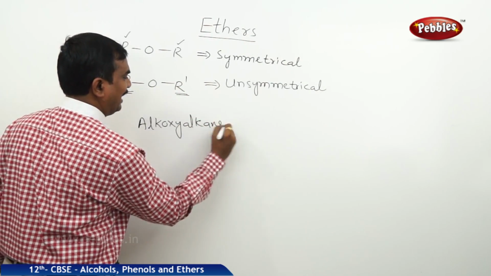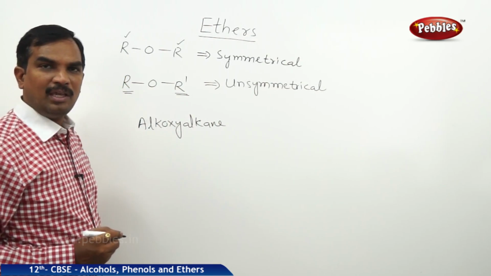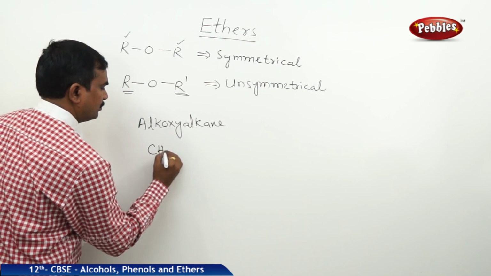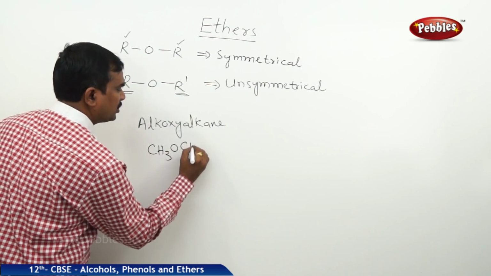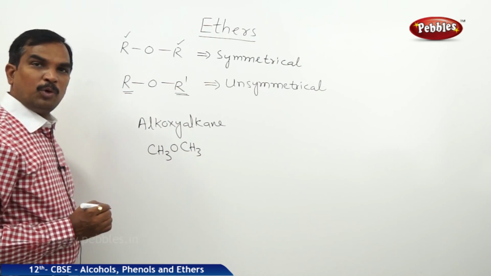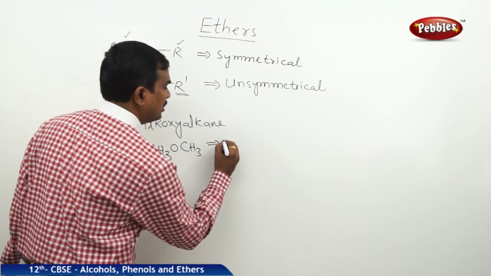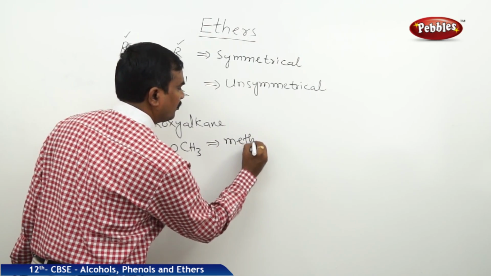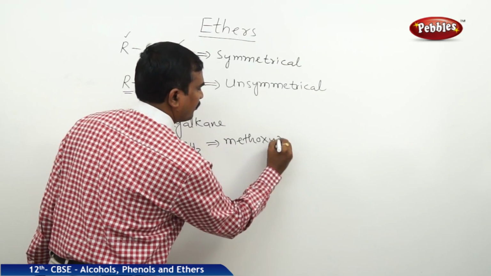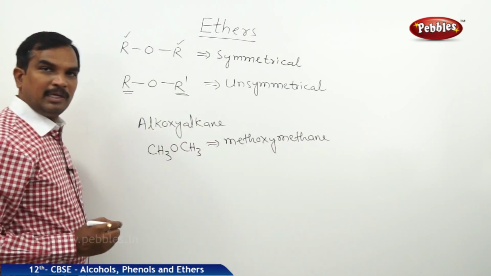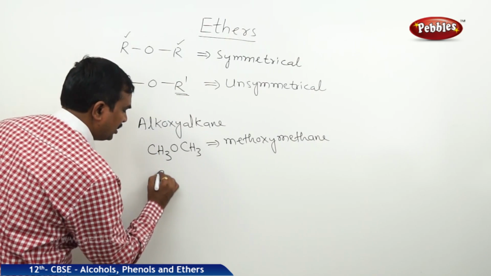Alkoxy alkane. If you take for example CH3OCH3, here both the alkyl groups are the same. The compound name as per the IUPAC system is methoxymethane. If you take two different alkyl groups, for example